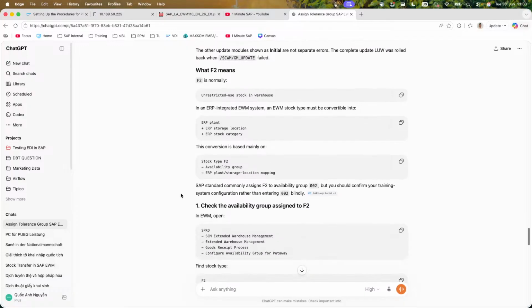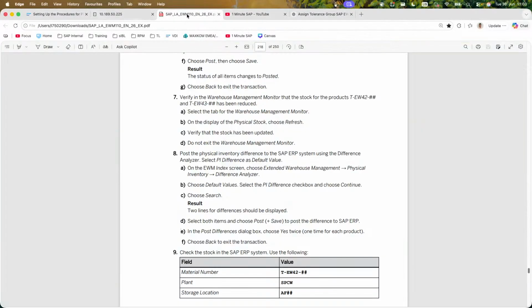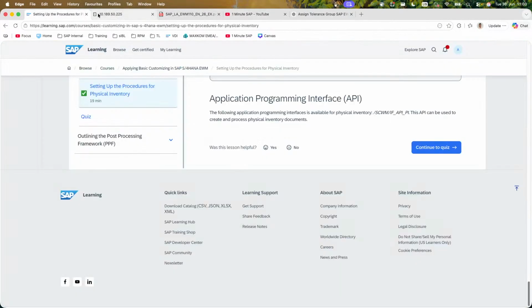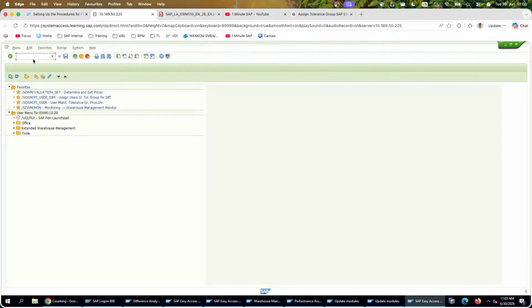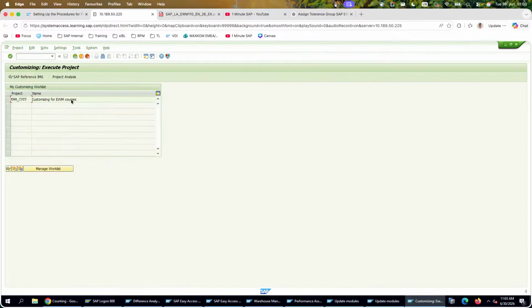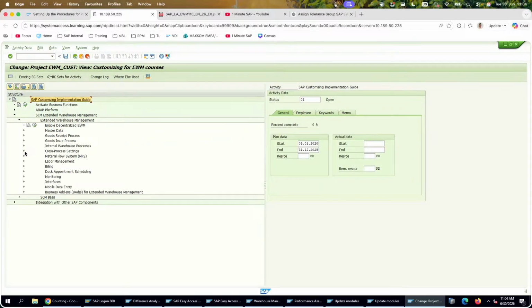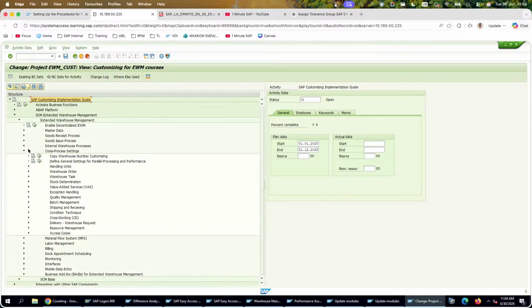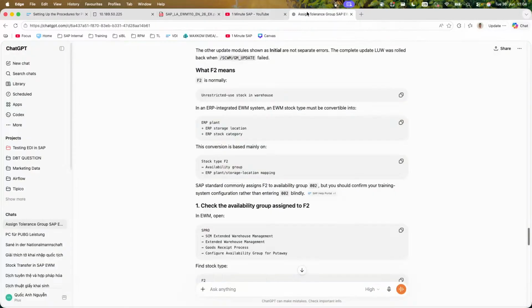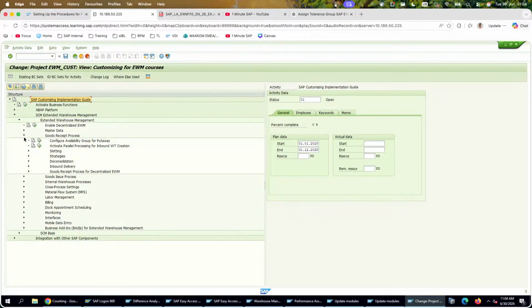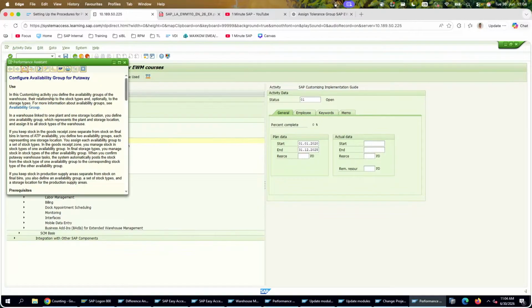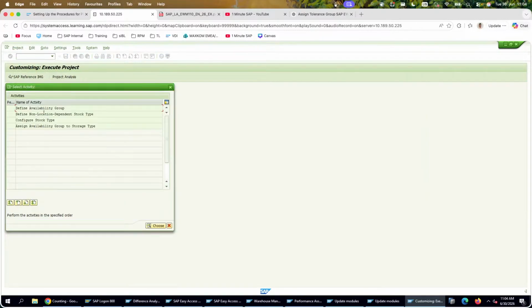All right. Let me do it quickly. Interesting topic, I think, because my training environment was reset from today onward, so every mapping that we have done earlier would then disappear. That is the reason why we probably need to do it as well for this one. What was the process again? Could possibly be goods receipt process or whatsoever. We configure the availability group, and